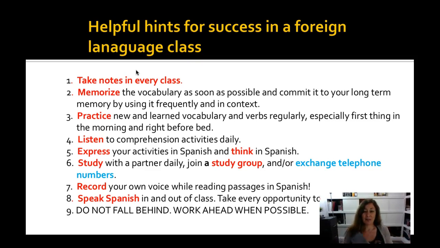If you haven't ever recorded your own voice, take your teléfono celular and record your voice speaking Spanish. I know, I hate listening to my voice too. I will not be listening to this presentation, but you can delete it. No one will ever know. Record yourself speaking Spanish and you will hear your pronunciation errors. You will hear things that you could improve in a way that you wouldn't be able to otherwise.